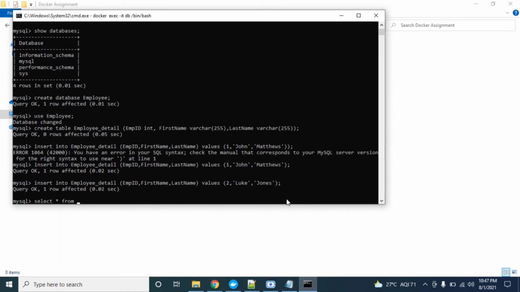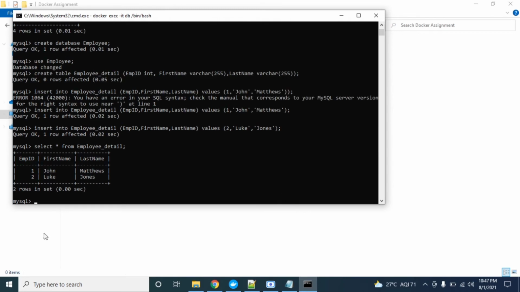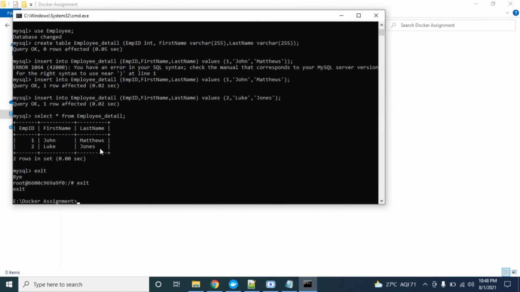Let's just run a select query here. Yeah, these two rows are inserted in this table. Now we have to write a Java program to access this table created in a Docker container. Now we just have to exit from here.